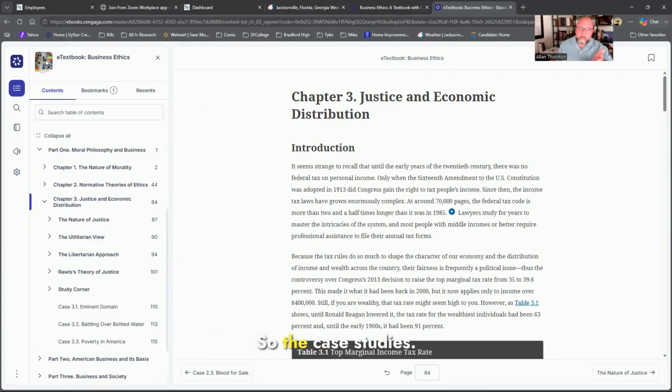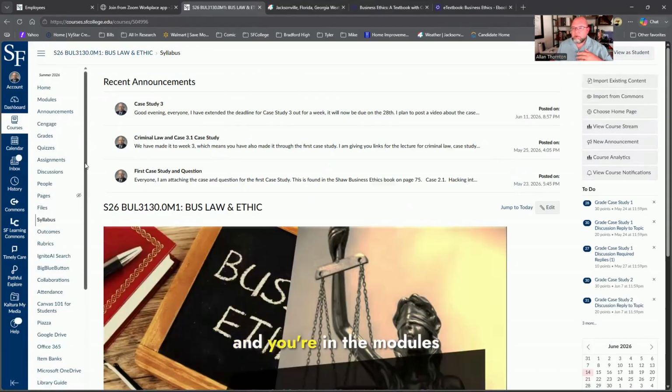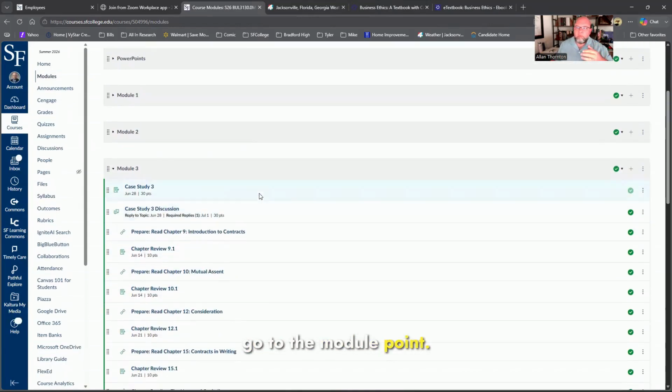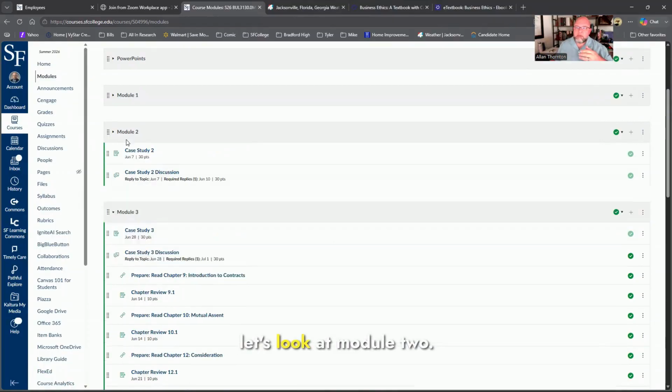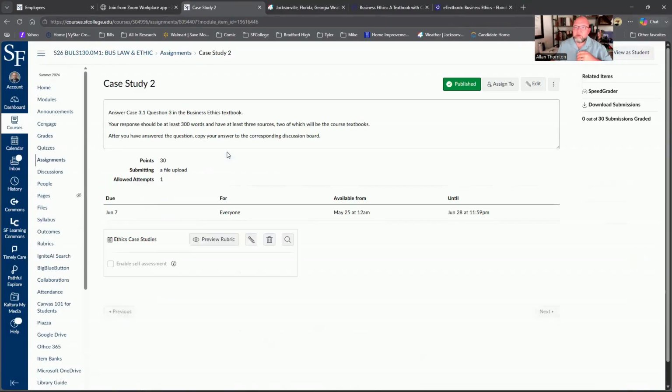So the case studies. Let's first talk about where they come from. When you open up Canvas and you're in the modules for the classes, I'm going to walk you through this. Let's look at module 2, because I have case study 3 opened. You go to module 2, you go to case study. When you open it up, it tells you that you're going to answer case 3.1, question 3 in the business